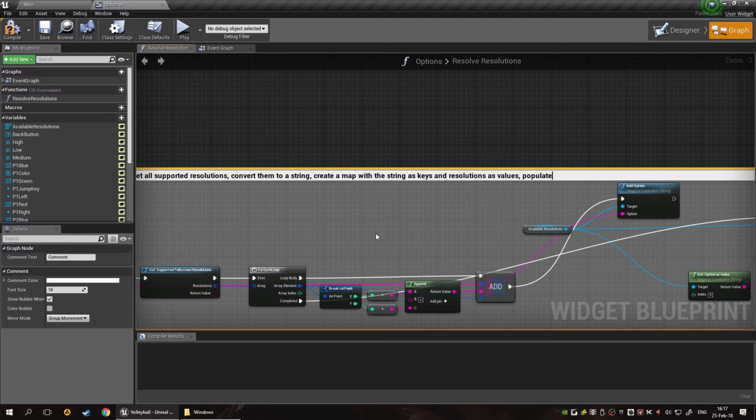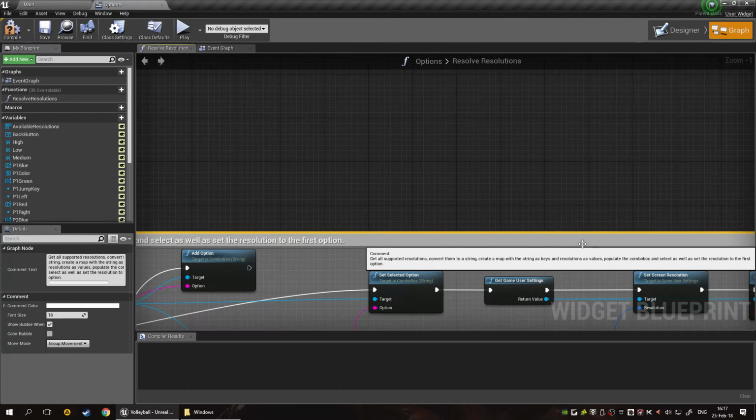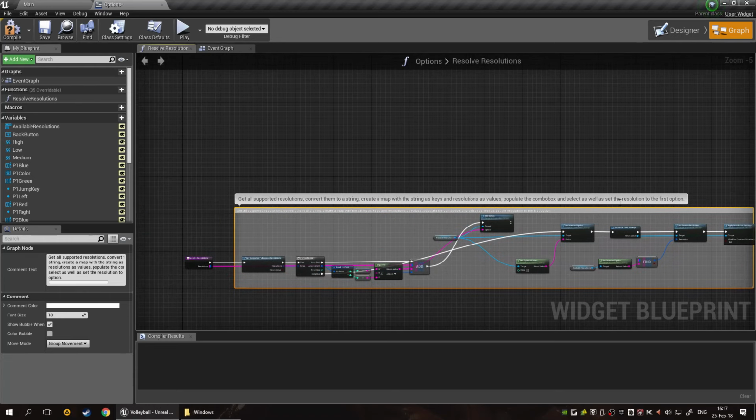Populate the combo box. And of course, you might want to have this combo box outside of the function as well, if you want to use this on different combo boxes. It could be a generic function, but this is a specific function, so we're going to use that. Populate the combo box and select, as well as set the resolution to the first option. Now you might think that this is a little bit overkill because I have this extremely long comment,